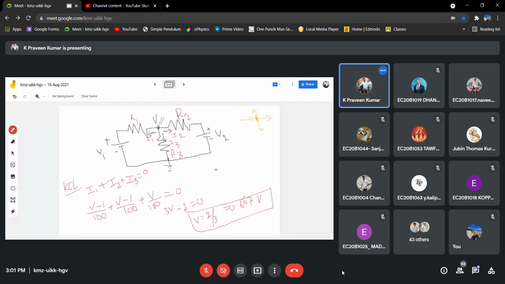Those currents will be equal to what we calculated before. Is it clear up to now? Any doubts on how to write KCL?